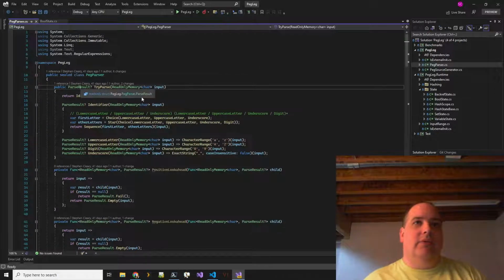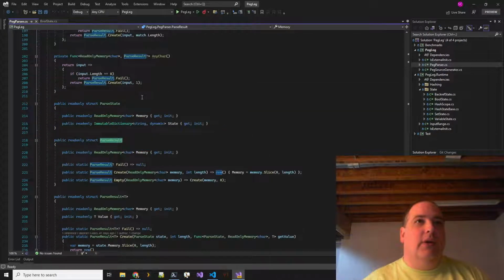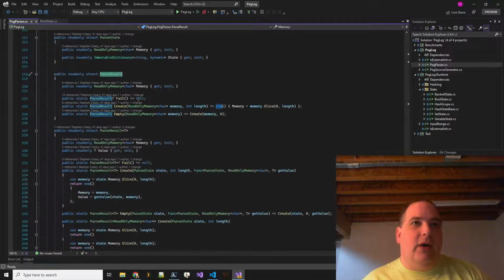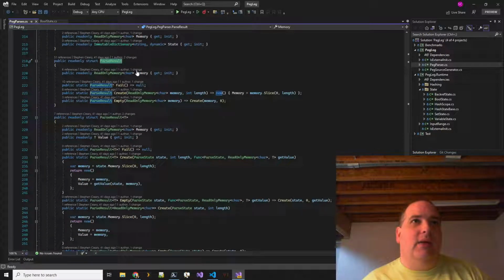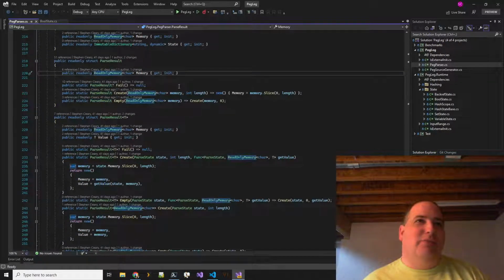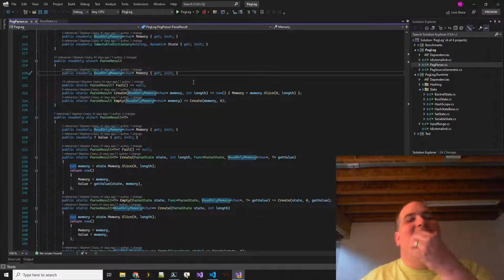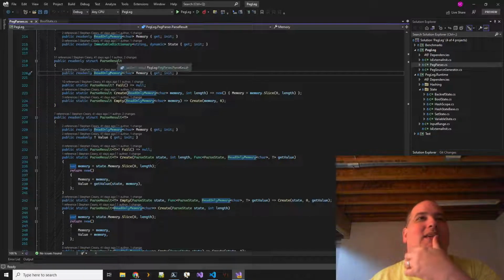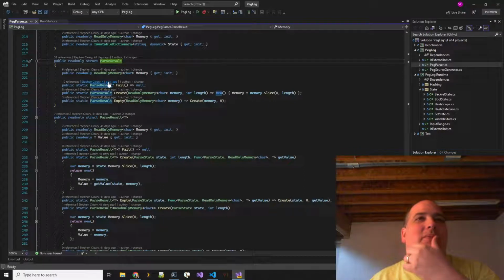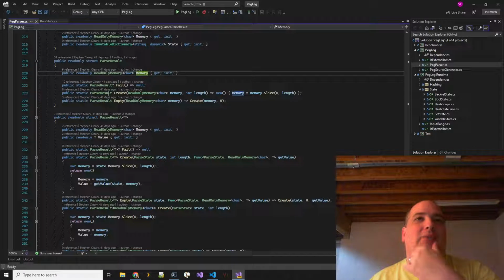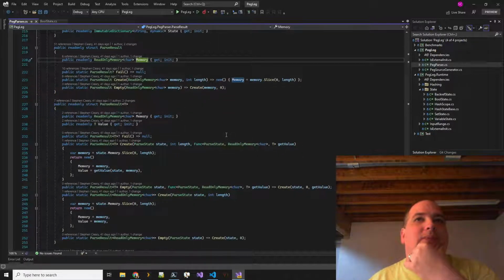And actually, what are we returning in this parse result here? This parse result right now just has that memory. Yeah, it's plumbed through everywhere, and all this is going to have to change. Oh, so this is just matching memory. Got it. Fair enough.